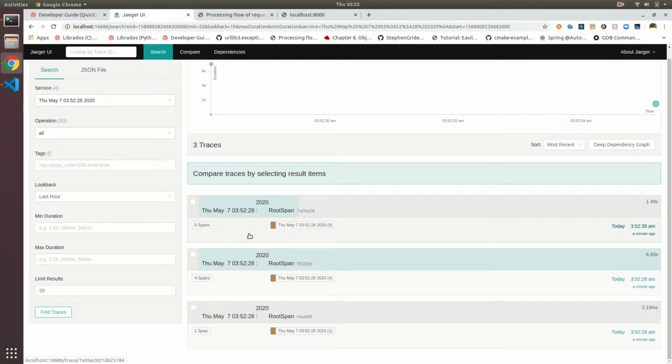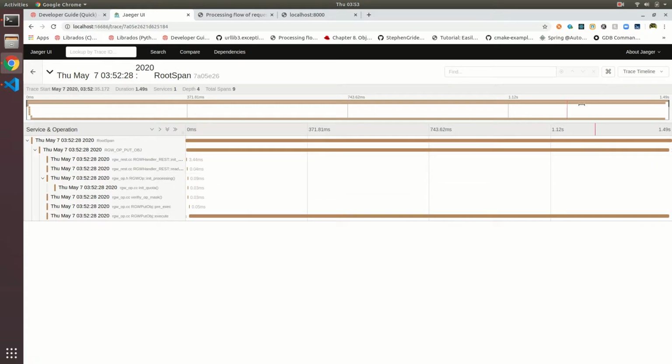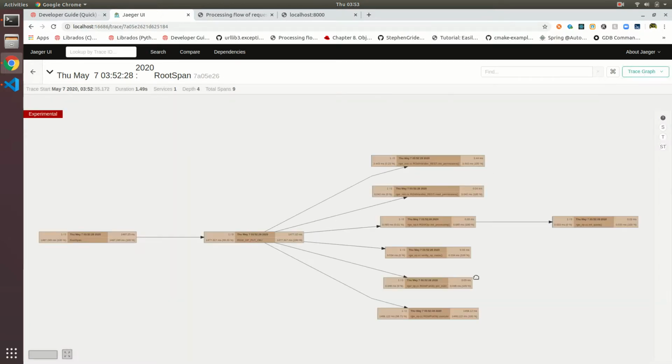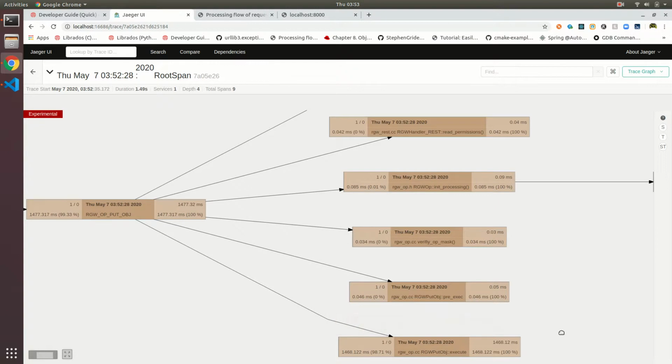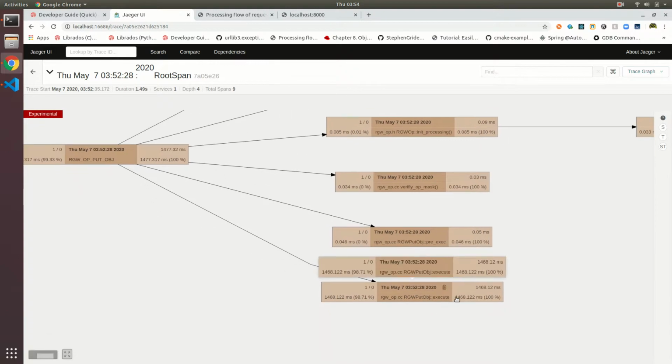That means putting the object in the newly created bucket. So when I do this, see here, RGW put object. The bucket which was created in the previous span, the newly created bucket, is getting this object put in it.